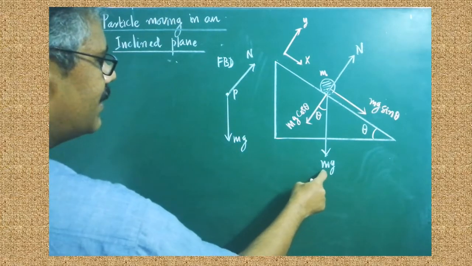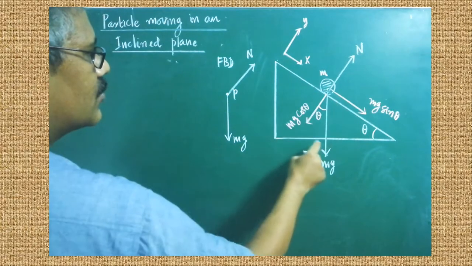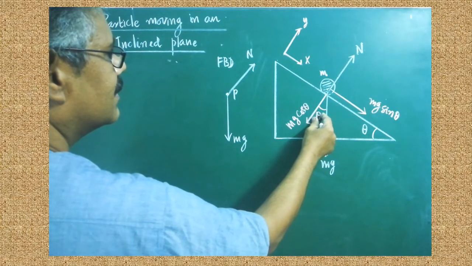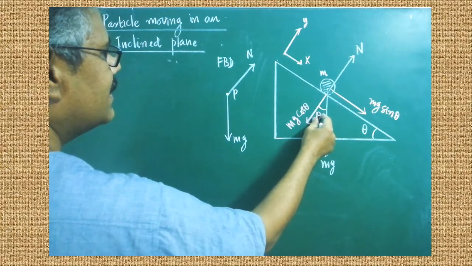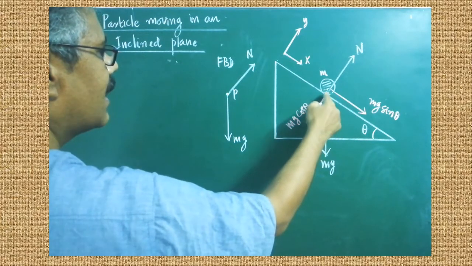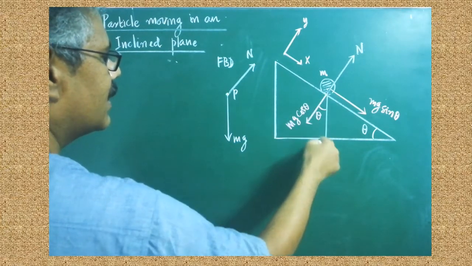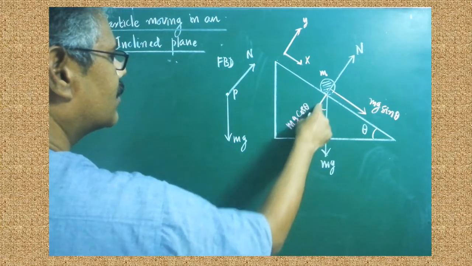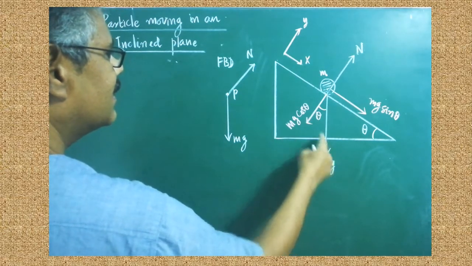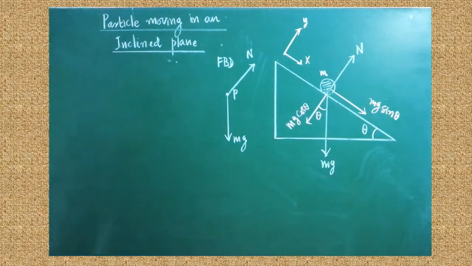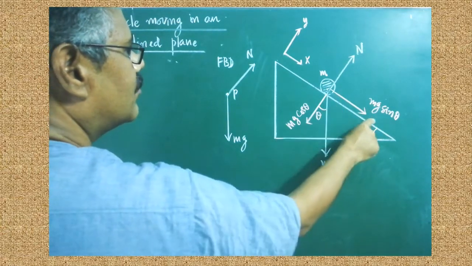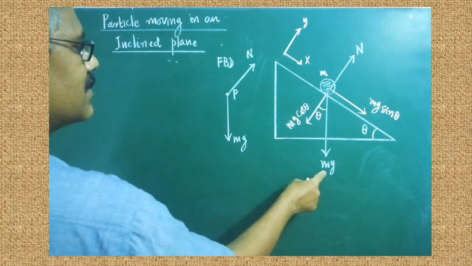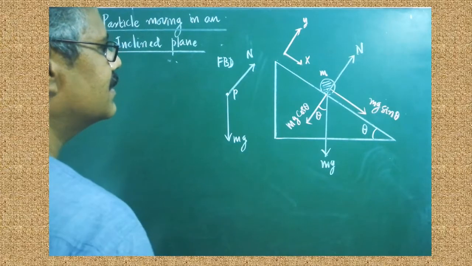The gravitational force can be resolved into two components. The same angle theta, the angle of inclination, can be found here. This is the angle of inclination. So theta is a measure of the angle between the gravitational force and the perpendicular line. Are you clear? Again, theta is the angle between the gravitational force and the perpendicular line. Here mg can be resolved into two components. One is mg cos theta. The other component is mg sin theta. So this is the horizontal component of the gravitational force, and this one is called the vertical component of the gravitational force.